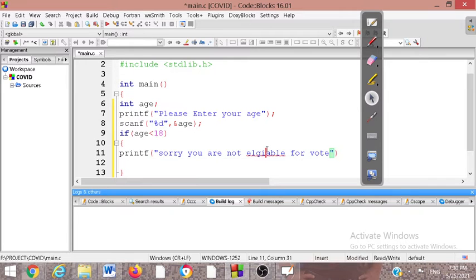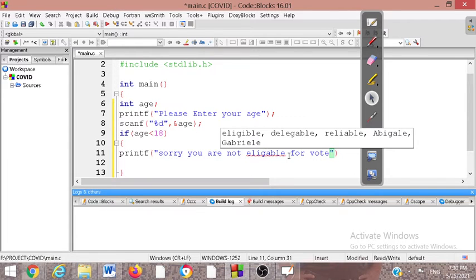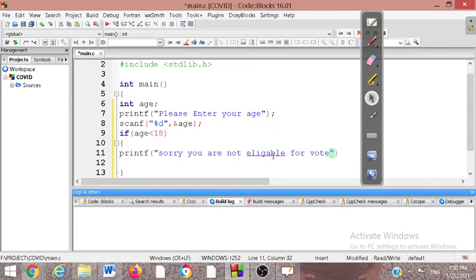Eligible, we have to write it correctly, so I am going to write eligible here: sorry, you are not eligible for vote.